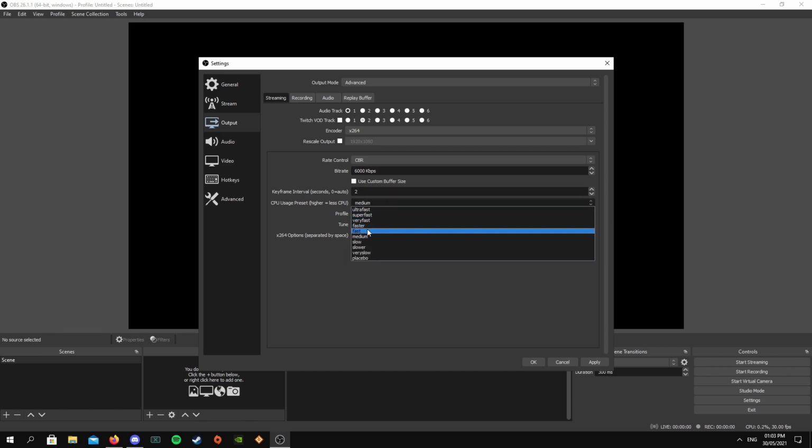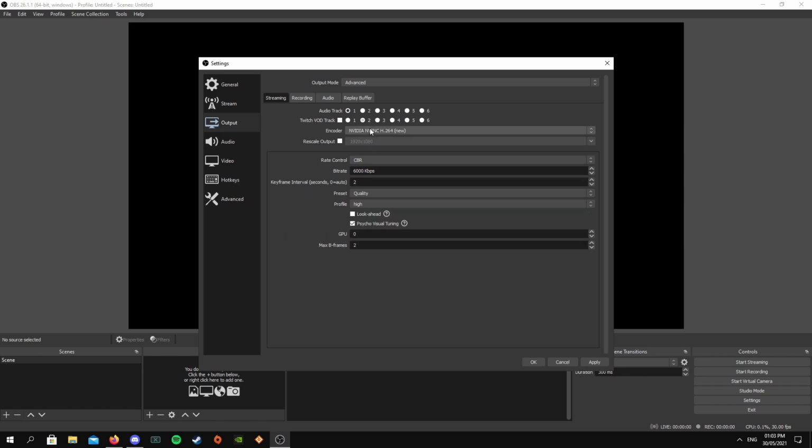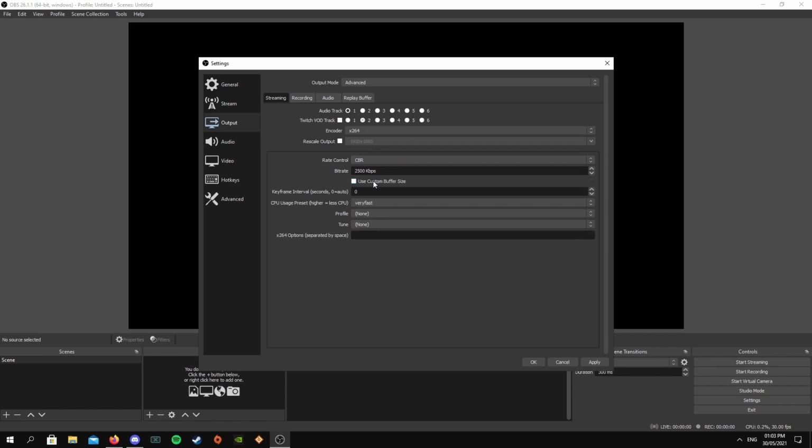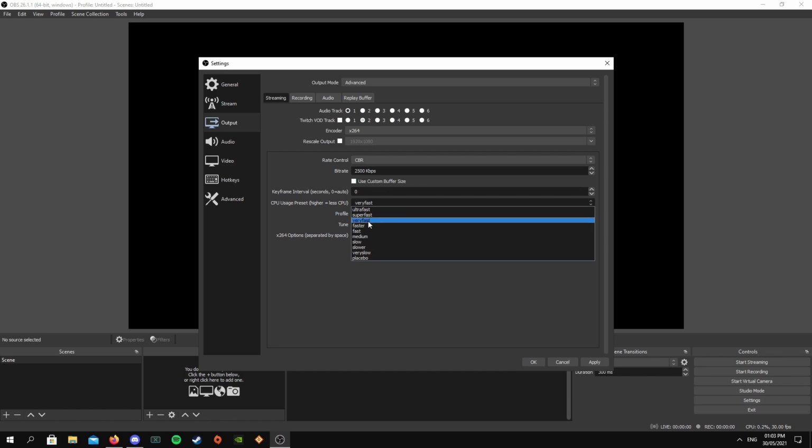Usually if you can do fast or medium on a dual PC, then I would just stick with fast or medium. Any higher, which usually means less CPU, I would just stick with NVENC, even on a dual PC setup, because you're not going to get that much quality out of very fast to fast. There's not really much difference. Once you go from fast to medium to slow, is usually when